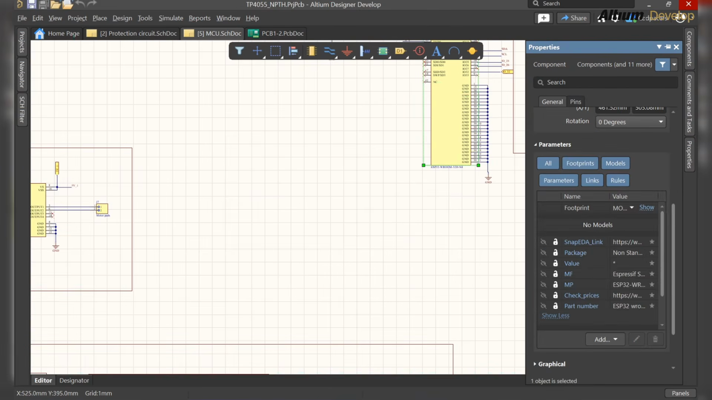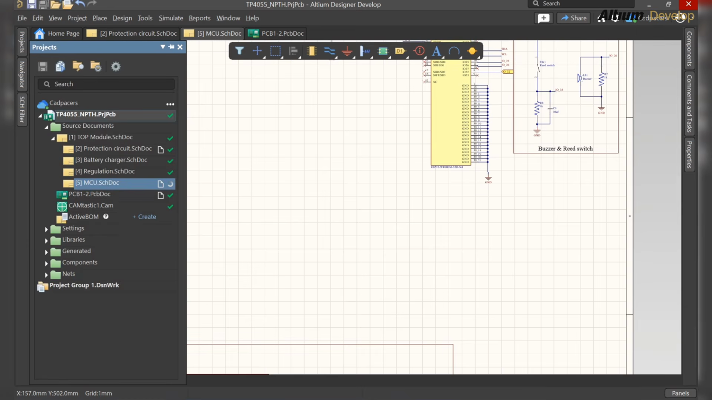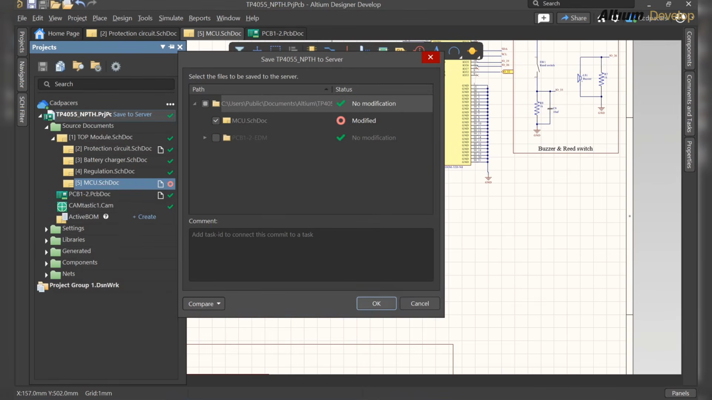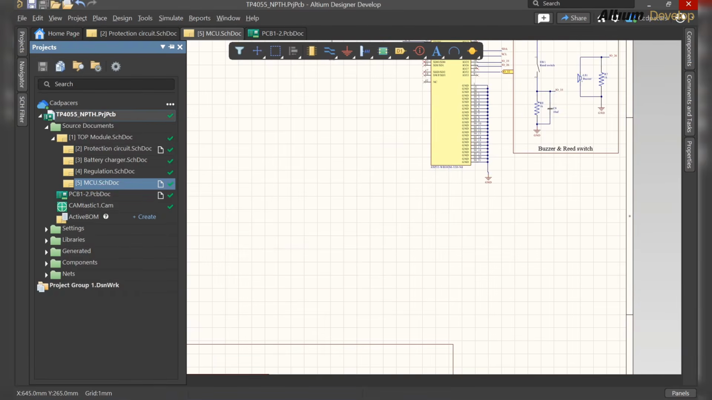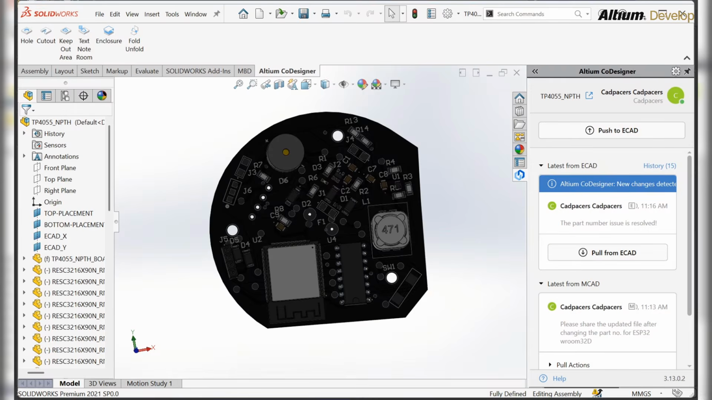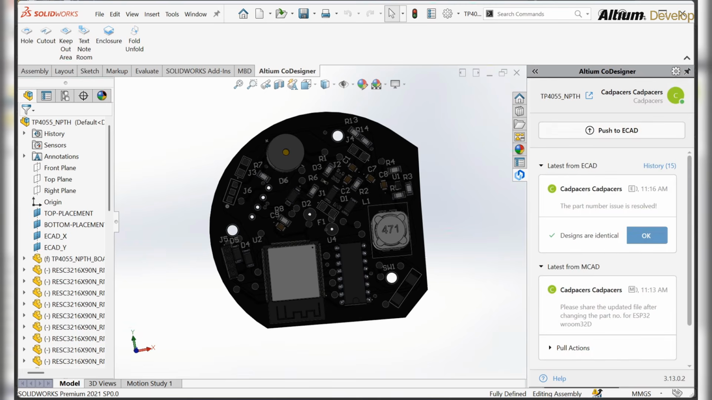So now we will update the part number as the ECAD designer, like someone using Altium Designer, would. He will update the part number as I deleted that part number. Again I will save this to the server and it will save it. Now open SolidWorks and see if this error still comes or is resolved. So when I pull from the ECAD and it is detecting changes, now there is no error, you can see,